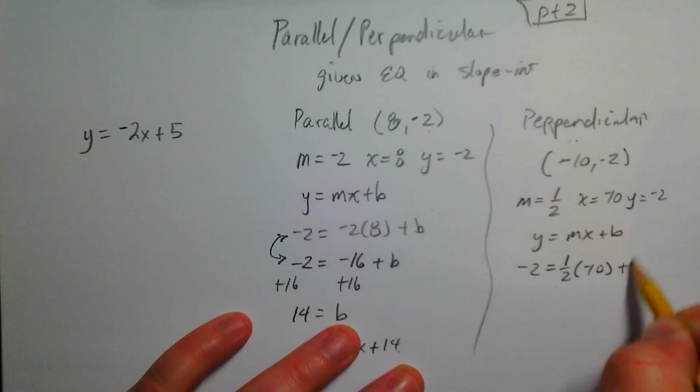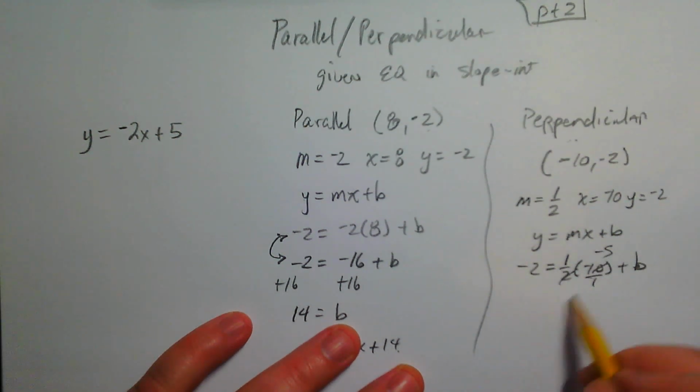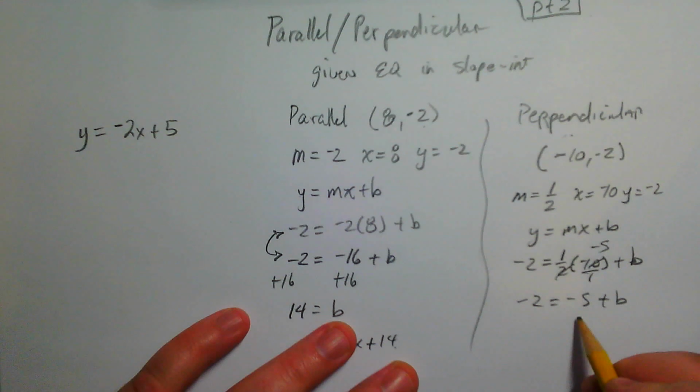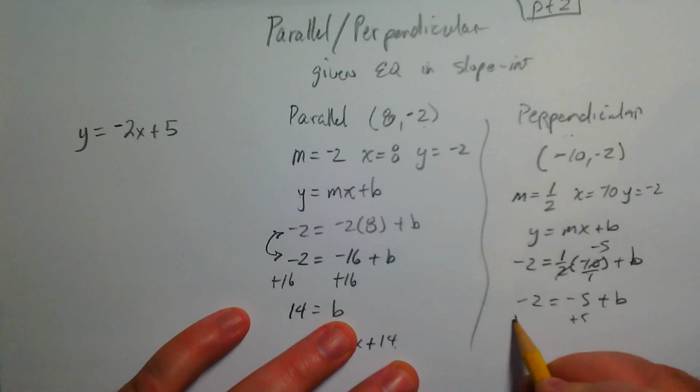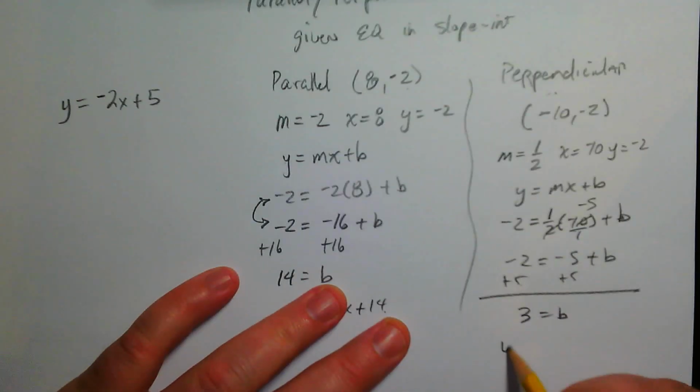Plugging everything in. Now we're going to go ahead and simplify, right? That's negative 5. So what I have, negative 2 equals negative 5 plus b. Now you can figure that out in your head if you want. It's 3, right? Or you could just use inverse operations. Negative 2 plus 5 is 3. So y equals 1/2 x plus